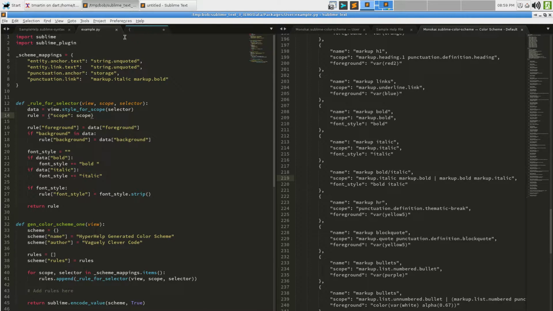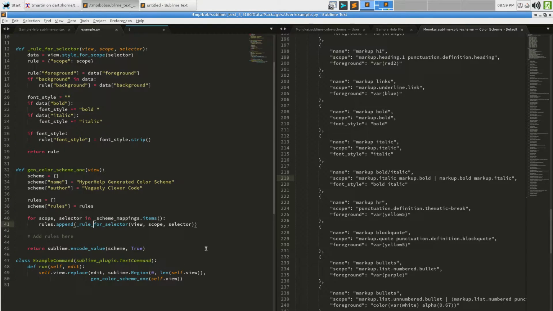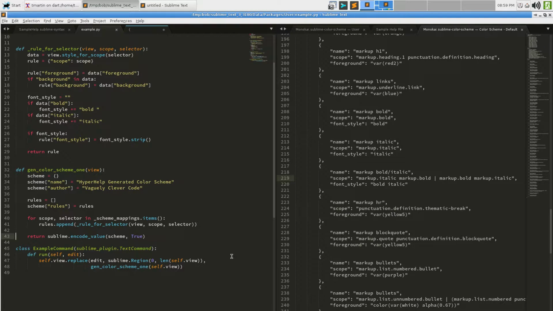So this is actually an example of creating something like that. Right now, we are returning the encoded value of that, which is currently just being replaced into the buffer. But that's not actually what we want to do. So I'm gonna add an enter there.